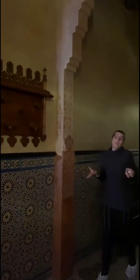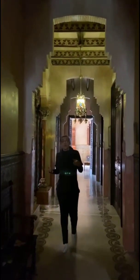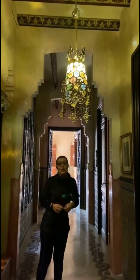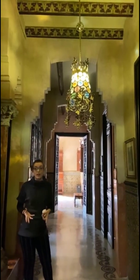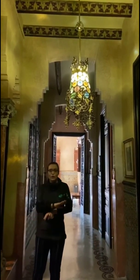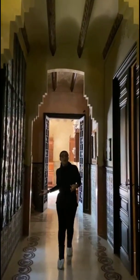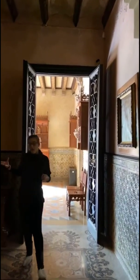And the foundation, Institut Amatller d'Art Hispànic, wants to show us how the family lived here. Not only with the decoration and the different elements, also trying to show us how the electric light was in 1900. Not enough for us, but in that moment it was the best that they could have, okay? So, if we want to see how the public area, the spaces for the guests, was,